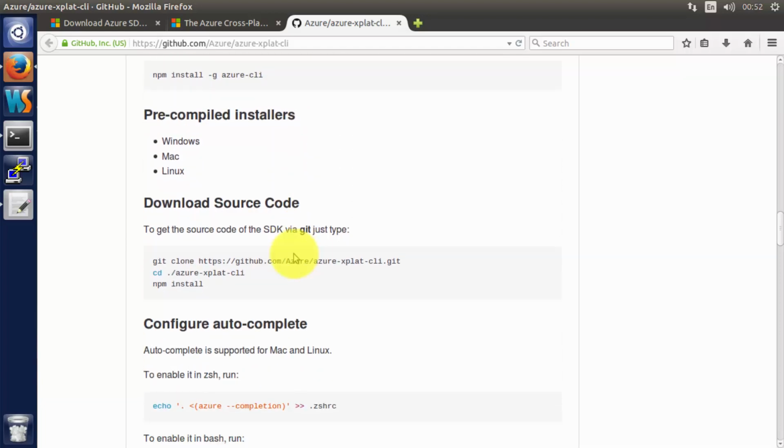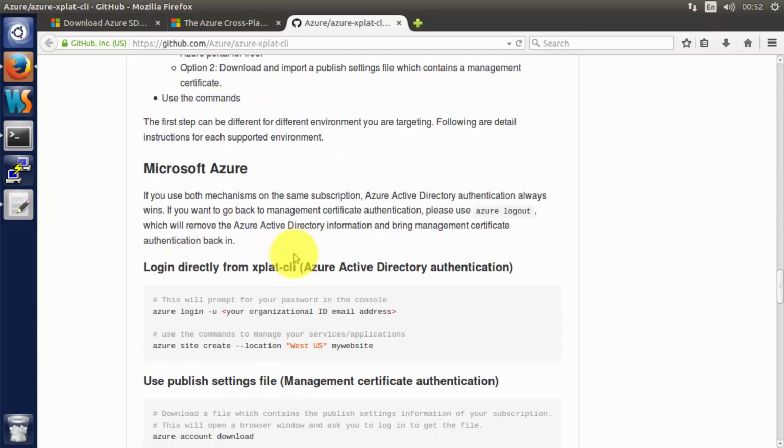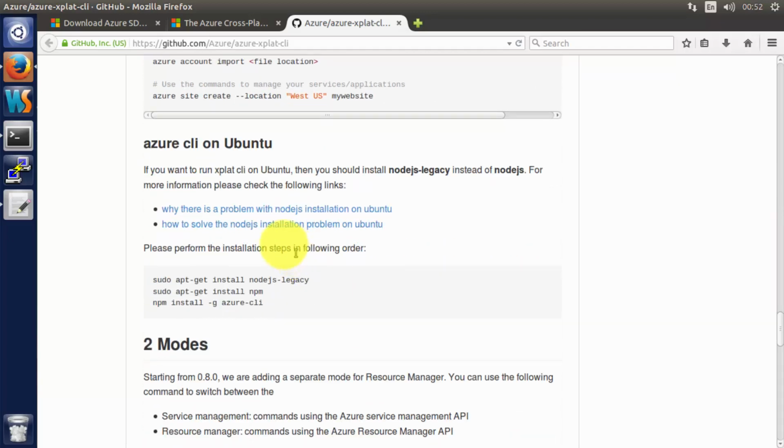Also, I need to be concerned about some stuff because I'm running Ubuntu. So on Ubuntu you need also to use some tricks. These tricks are described here. So basically I need to perform these three commands to install my Azure XPlat-CLI on Ubuntu. This command is quite plain, and I will not do it right now because I've already installed my Azure Cross-Platform tool. So that's why